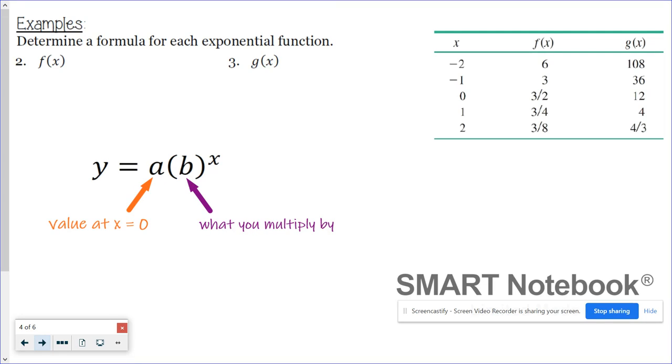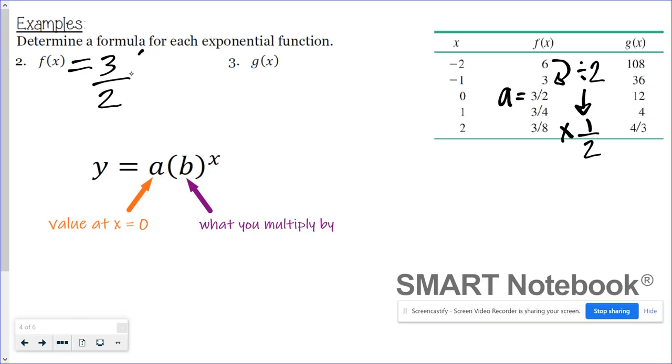Okay, all right. So looking at f of x, what I see here to go from 6 to 3 is, I don't know, my eyes see division by 2, but remember, b is a change factor. It's what we're multiplying by. So division by 2 is the same as multiplying by 1/2. And then the initial value of f of x is 3/2. So for f of x, my a value is 3/2, my b value is 1/2, and I'm raising that to